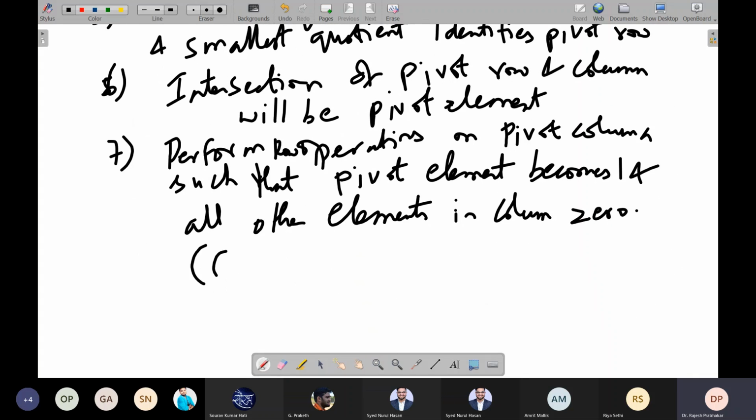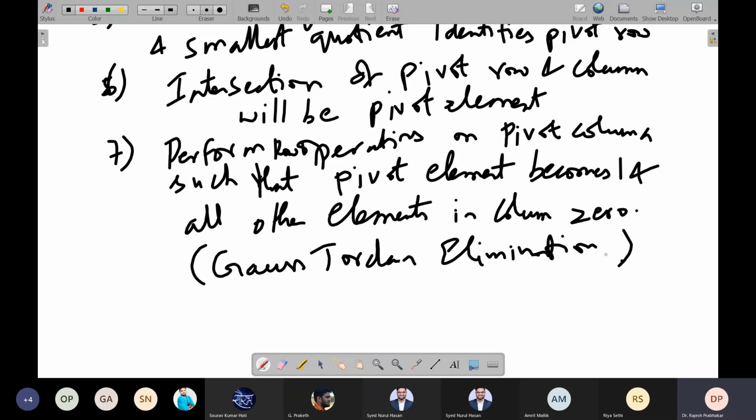This process we call the Gauss-Jordan elimination method, also called the reduced row echelon form. So this is where we will do it. Step 8.